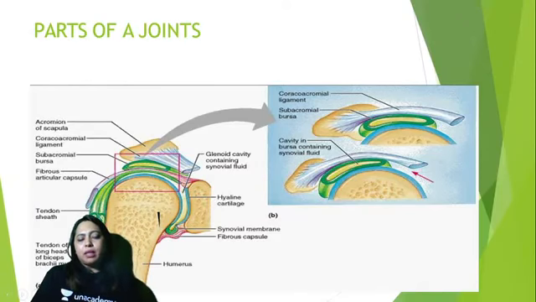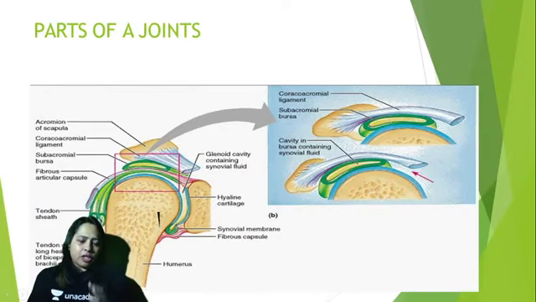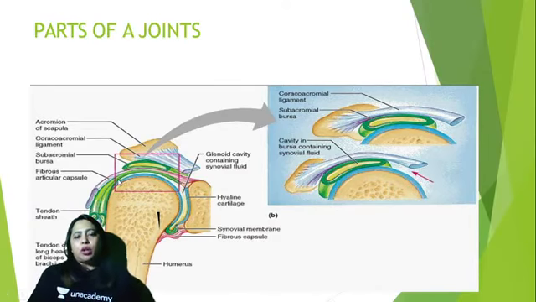So what happens here is it is crossing two joints. It is not only crossing the shoulder joint, it is also crossing the elbow joint. So it crosses two joints, and always the action is considered or takes place better where there is insertion, not where there is origin. So biceps brachii, you can call it as a weak flexor of the shoulder joint and a strong flexor of the elbow joint.